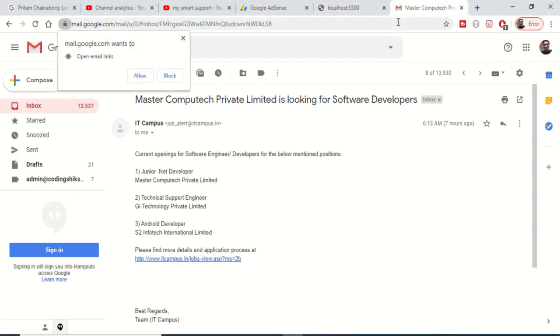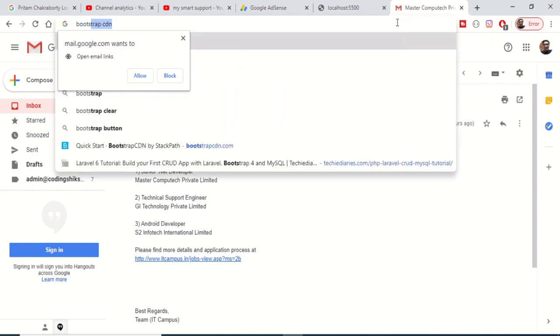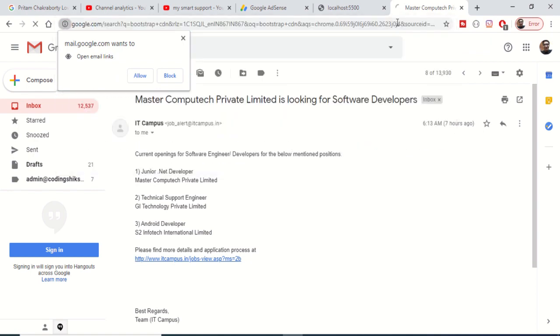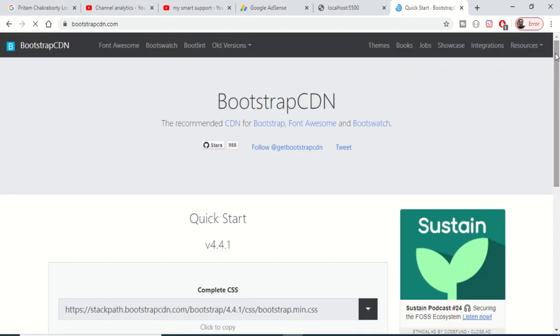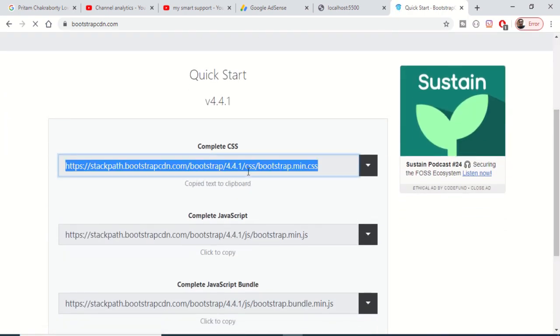So what you can do here is just type on Google Bootstrap CDN, and click the very first link which comes in, and we only need to grab the CSS here. So copy the CSS and paste it here,